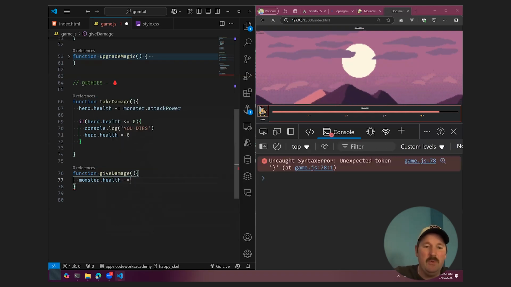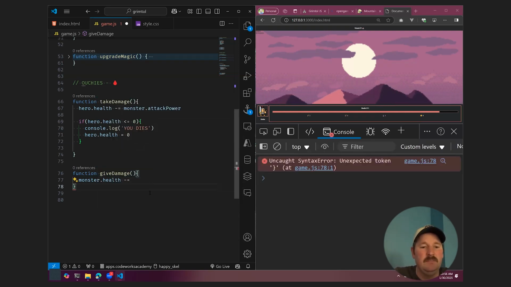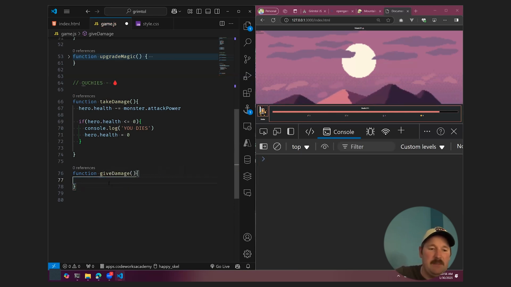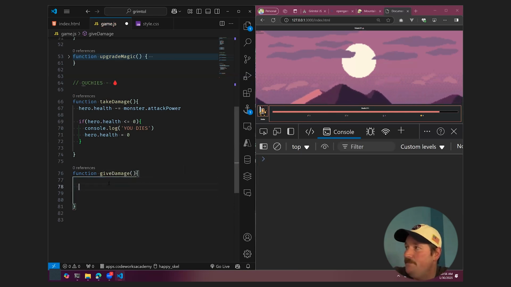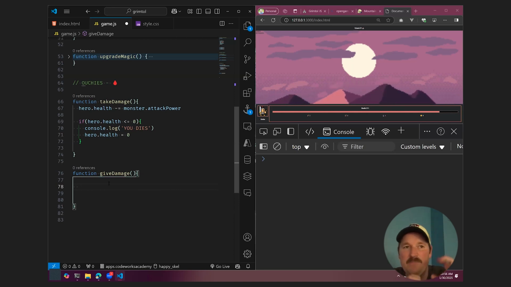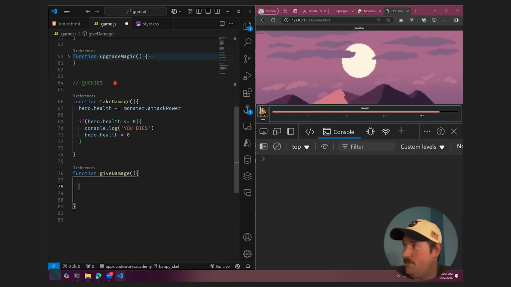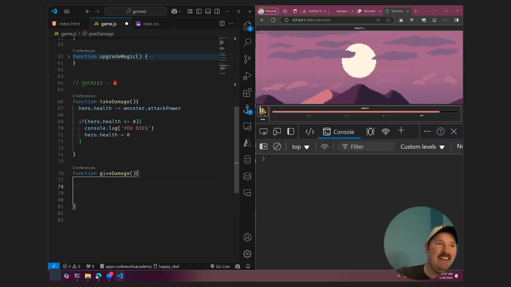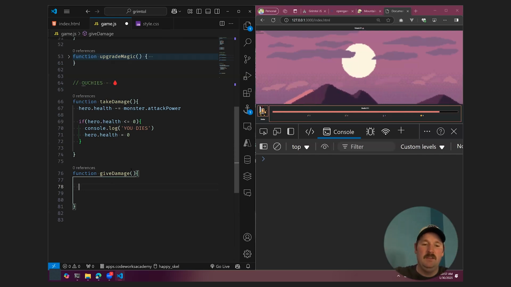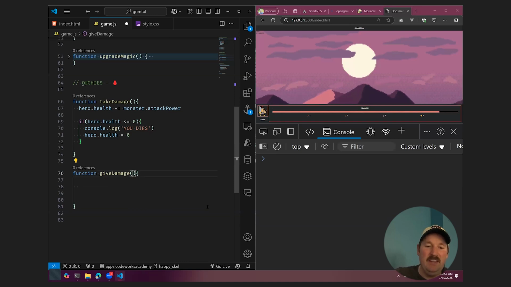So, how do we want to handle that? Right? What I would say is very similar to what we did with yesterday's lab, is I want to say, I don't care where you figure out you get the type of attack, but in order to give damage, you got to tell me which attack you threw. Does that make sense? And so do we remember off of yesterday how we handle that type of logic? We should take in a parameter, right? The parameter is the thing that we put in here between the parentheses, and we're going to say, like, give damage